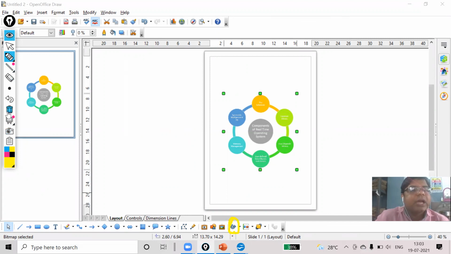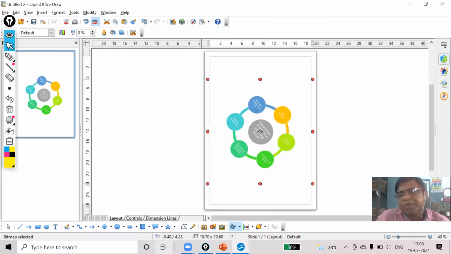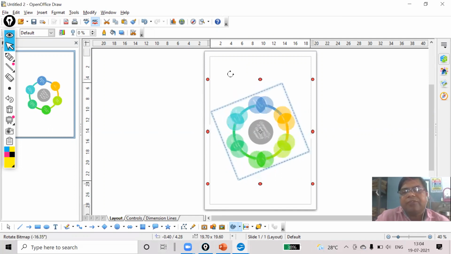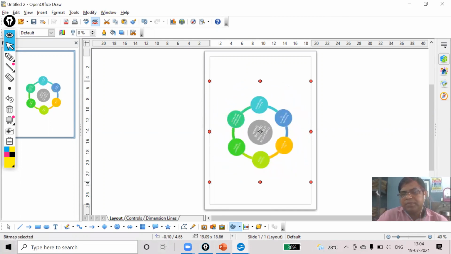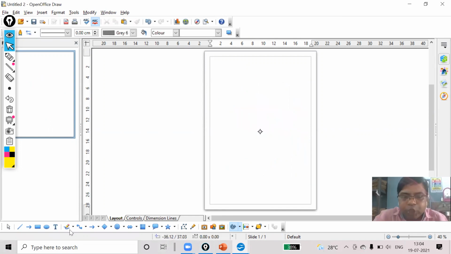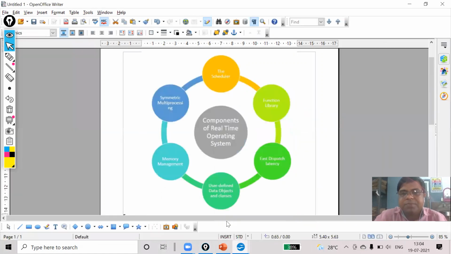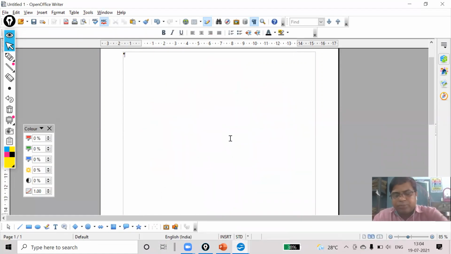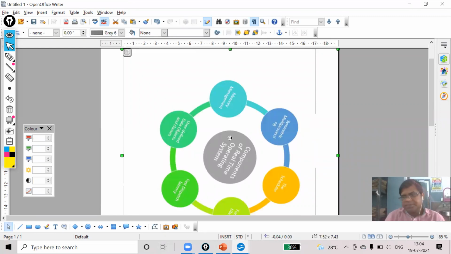I'm going to do this work from the toolbar. Now watch it. Is it rotated? I can rotate it whichever way I want, that way I can have the movement. Clear? Once you have done it, you cut from here, and then go again to the same application. This is the earlier one, so I will remove it and paste it. Just see whether your image has been rotated or not.